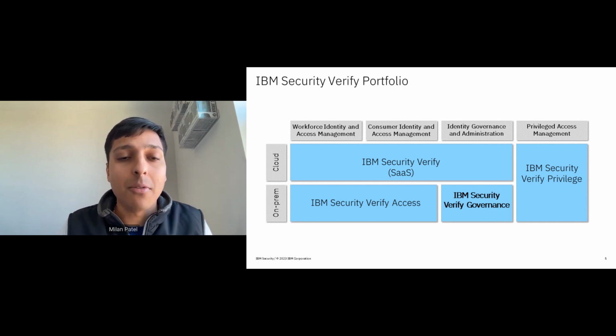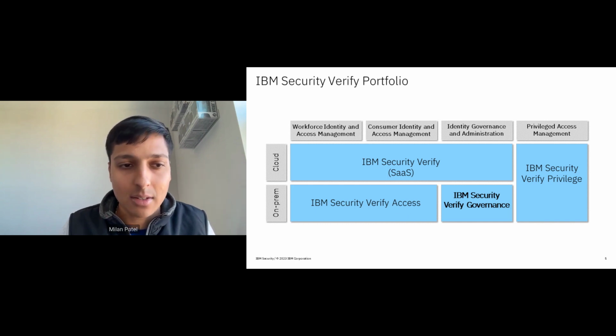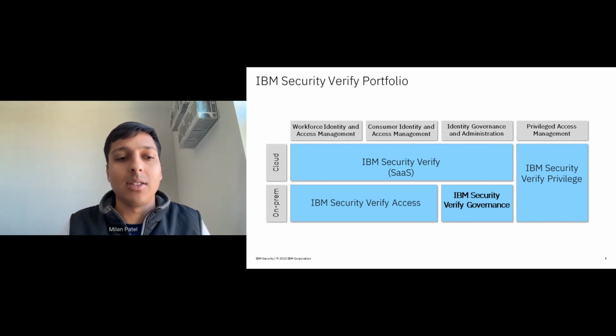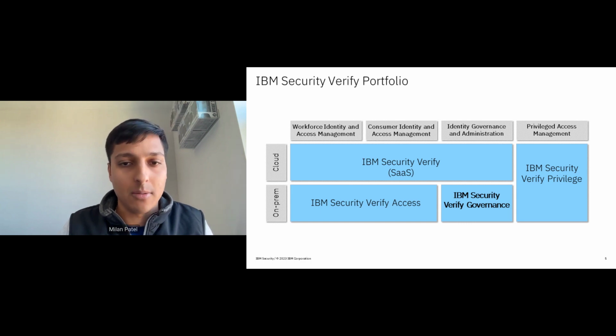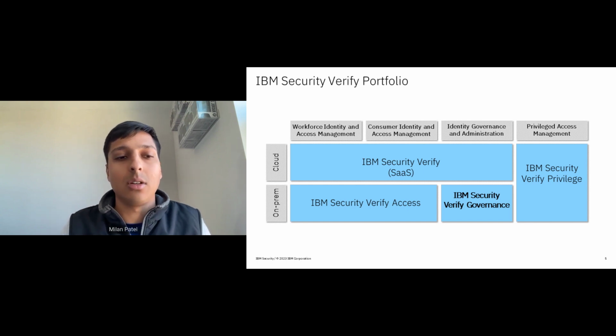But we also offer on-prem deployments with IBM Security Verify Access, and from a governance standpoint, IBM Security Verify Governance. So our core proposition here is an IAM stack that can run either on-prem as software or in the cloud as a SaaS, with a converged set of experiences to be able to deliver workforce, consumer, and governance through a